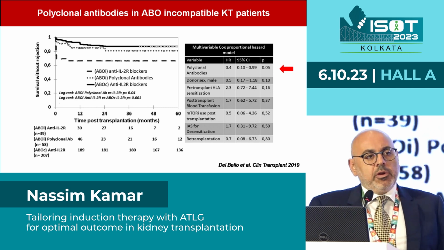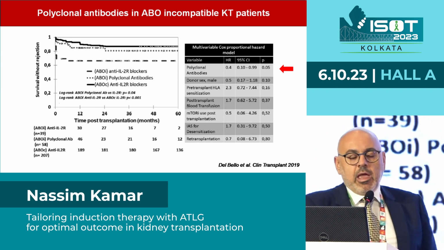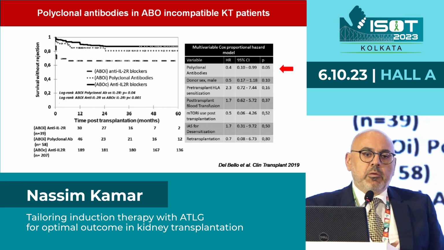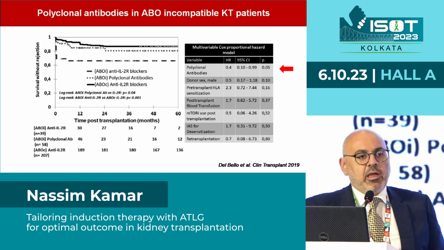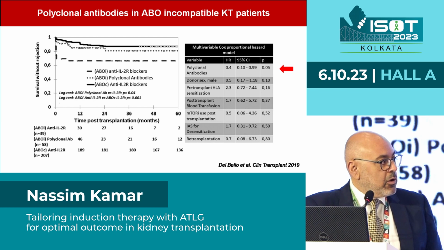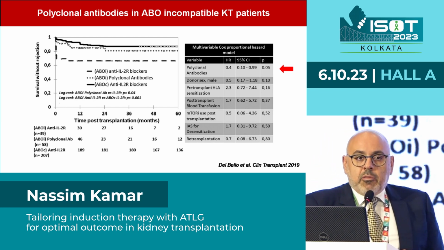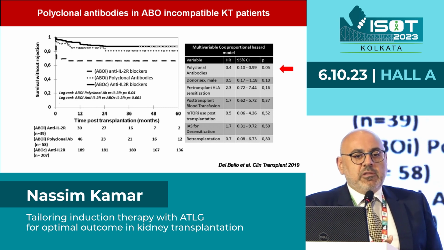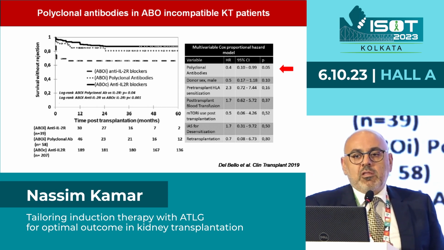And the last category is the patients receiving ABO-incompatible kidney transplantation. I know that in India, the majority of the patients are receiving a kidney from a living donor, and you may have a category of patients receiving a living donor with an ABO incompatibility. The early data published nearly 20 years ago from Japan suggested that the patients are at low risk of acute rejection,